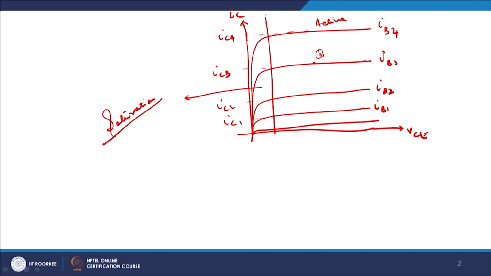Now, this part, as I discussed with you, is basically your saturation, right. Now, this part is your active,